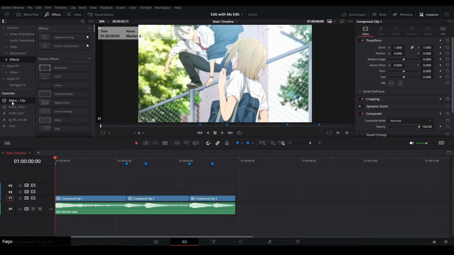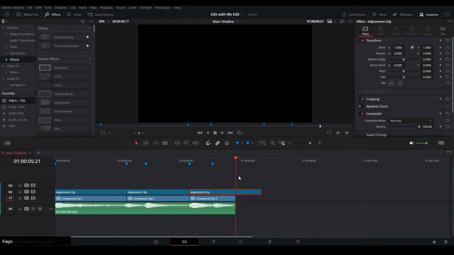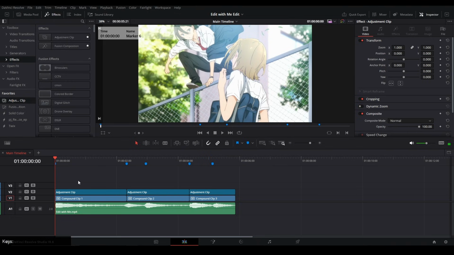So I'm just going to grab the adjustment clip over here, put it on top, and let's match it to the same length of the footage that is right there. And then we could alt and drag to duplicate this clip like that, and then I'm going to do that as well, and then I'm going to cut off the end right there and delete that. All right, now we have adjustment clips on top of our footage right here,